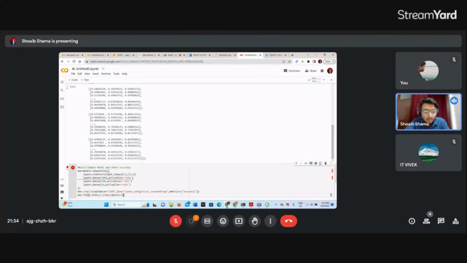Like input shape 32. Layers.dense activation and reload. Okay, yes. Like it's one after one after one. Now I guess it should be fine. Yes, now it should run.